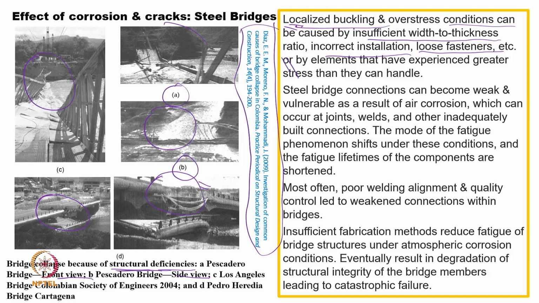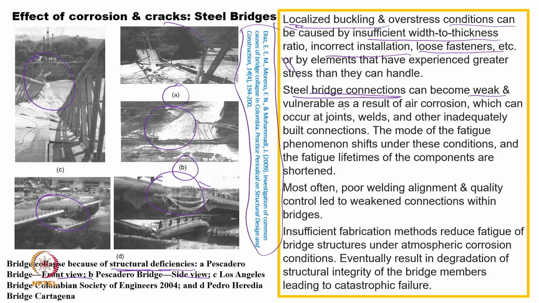So, a few components are going to be overstressed, and then naturally the stress level will continuously increase, and if there is a presence of corrosion, the strength will come down. So, stress is continuously increasing, strength is continuously decreasing, naturally the factor of safety will continuously come down, and failure will be the result. So, this is what we have with the steel structures, but as I mentioned, the steel bridge connections